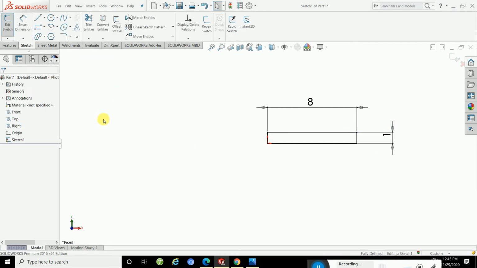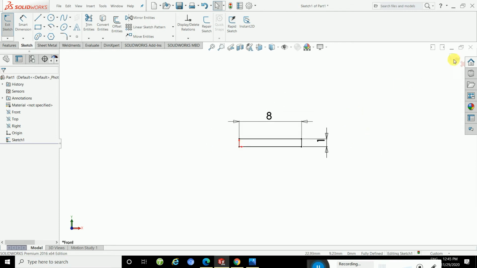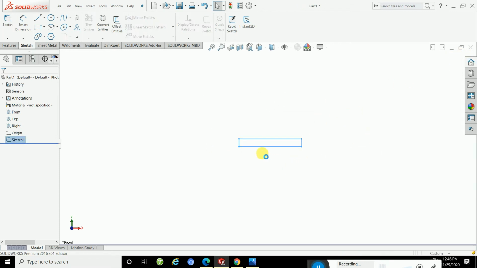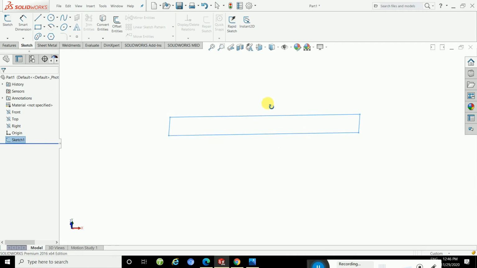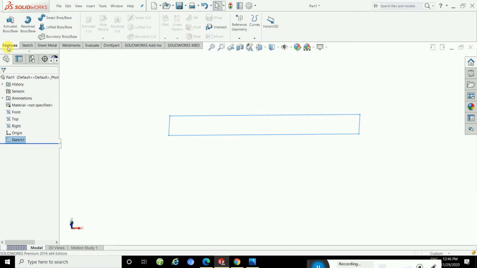There are many ways to create this part. It's not a single method. It depends upon how you want to create a part. I will create a part with the help of a rectangle. Go to the feature command and apply the extrude base.